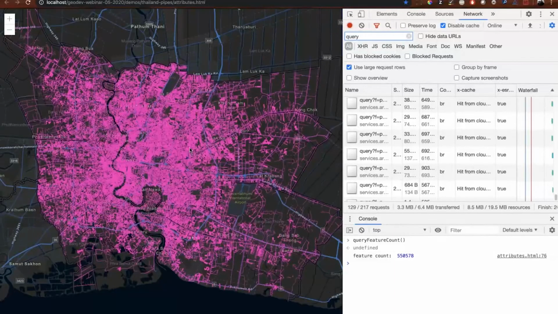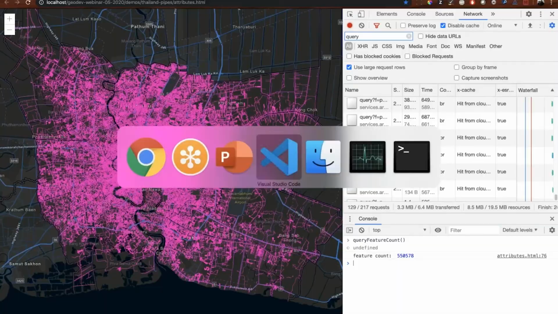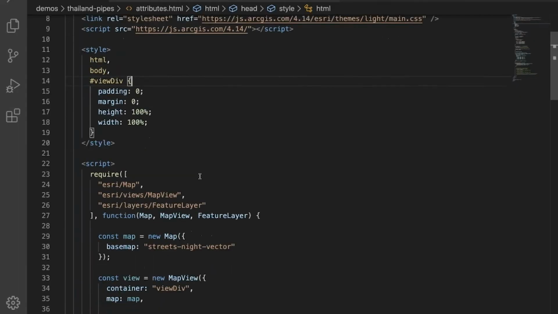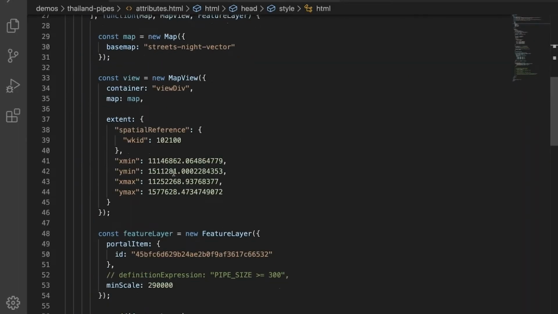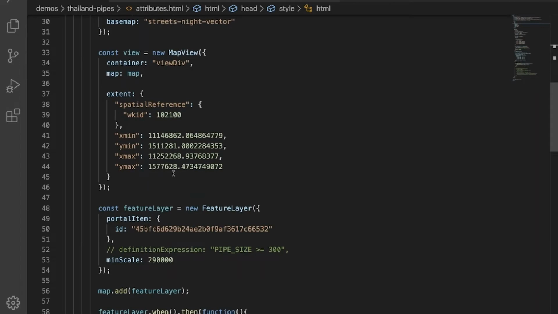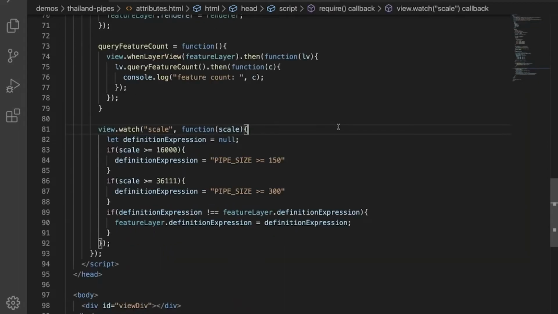We saw a pipe size parameter. Maybe we could use that to filter out the data that we don't need to see, because a lot of these are very small pipes that we don't need to be loading at this scale. So if I switch over to the code for this app, you'll see that I'm loading this layer here. And if I set this definition expression to pipe size greater than or equal,